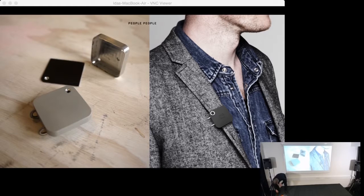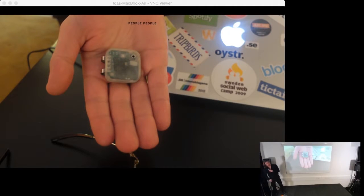And then you go into the next stage of prototyping, where you actually decide on the industrial design, and you have developed the functionality in the electronics to a point where you can actually start printing more high resolution prototypes. So the one you see right here is an SLA print, which is a really good technology in order to get high resolution prints, and they can have different